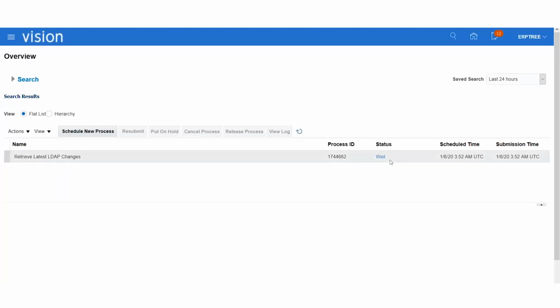Click on refresh. Now the status is wait. Now it will turn into running. Now if you see the status as blocked when you are working on these instances, since we are using them for training and your practice, you have to understand that before you, somebody already submitted the same LDAP job in the same instance and it is running from that user side. So in that case you will come across the status called blocked.